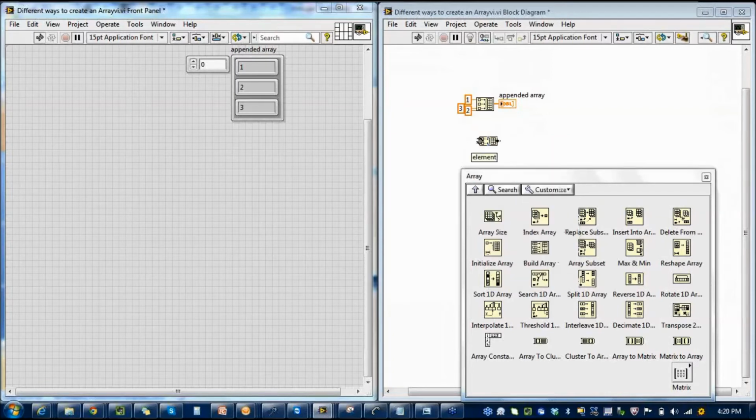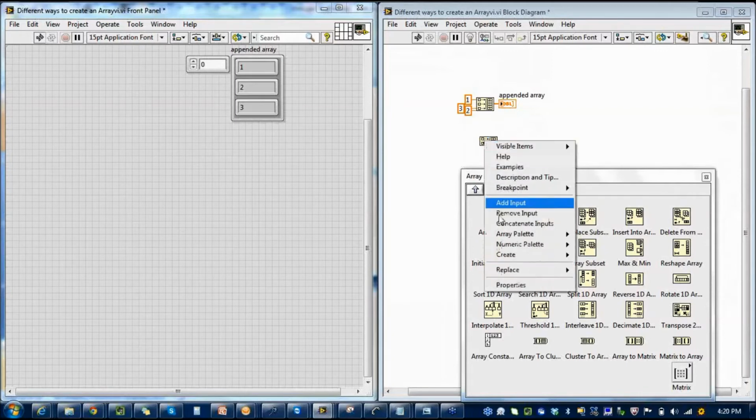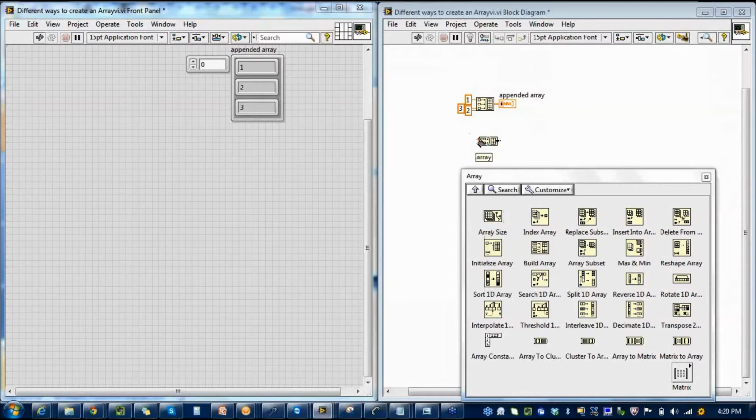So right now if I give it two different arrays and do not concatenate the inputs, it will form a two-dimensional array. But if I do concatenate the inputs, then it will form a one-dimensional array where the second array's elements will be followed by the first's elements.